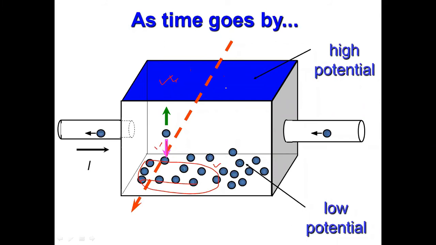And if there is a potential difference between two points, then there must be an electric field present there. And the direction of the electric field is from higher to lower potential. So whenever there is a potential difference, there must be an electric field present, and the direction of the electric field is from high to low potential.